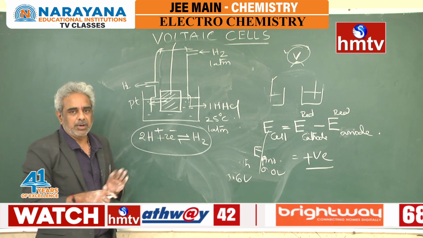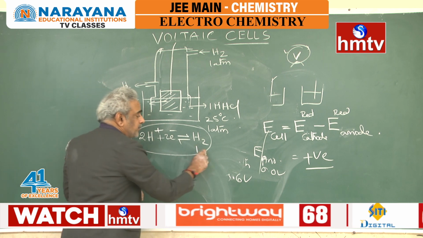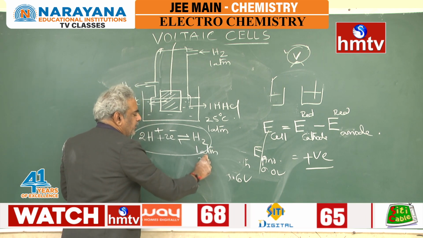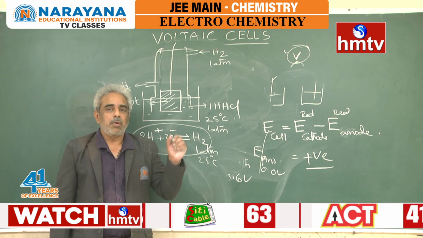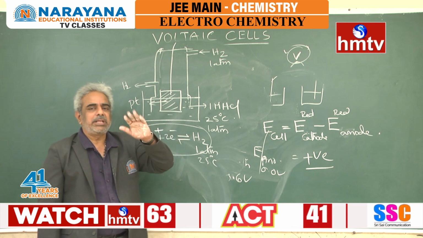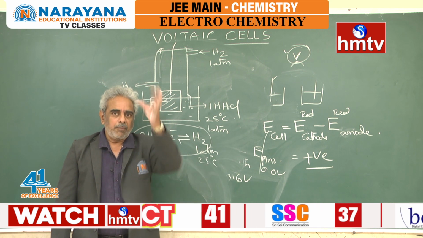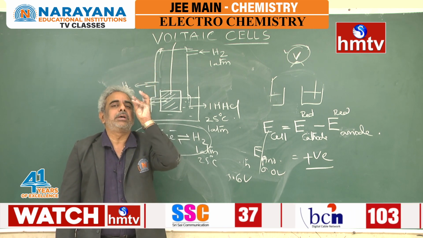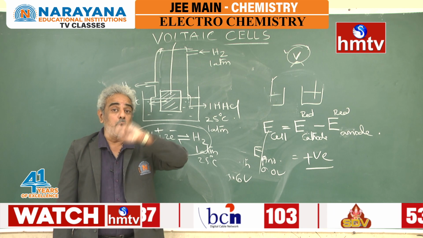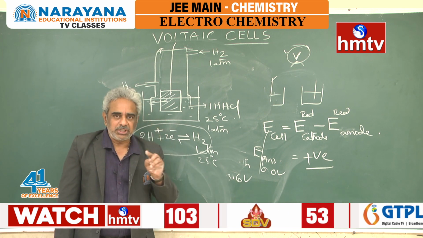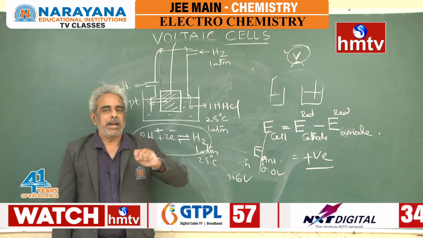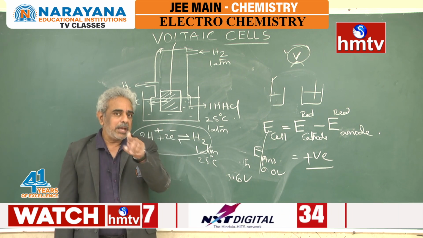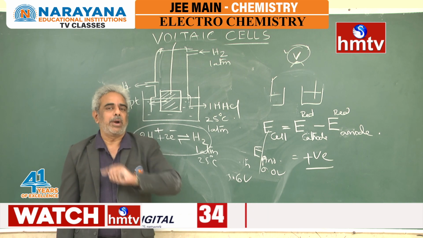So, this is standard hydrogen electrode, but remember this must be 1 atmosphere, 25 degrees C, this must be 1 M concentration. Now, you connect this electrode with any other electrode, whatever potential is shown in the cell goes to the potential of the electrode which you have connected with standard hydrogen electrode. Here, I would like to highlight one point.